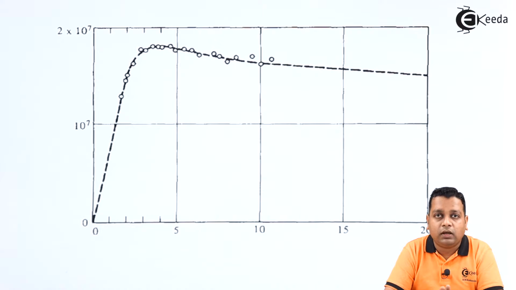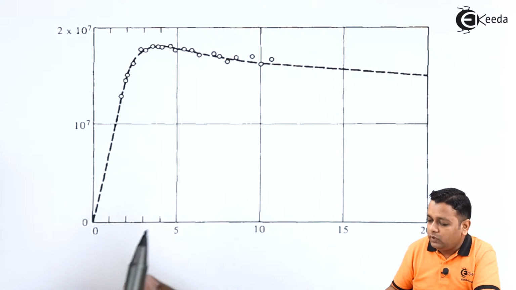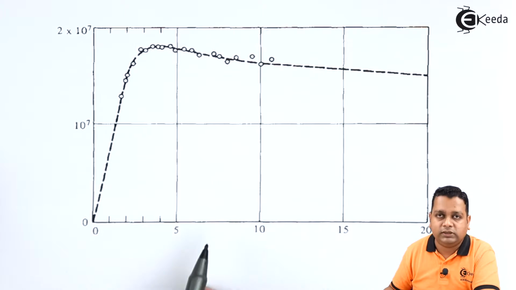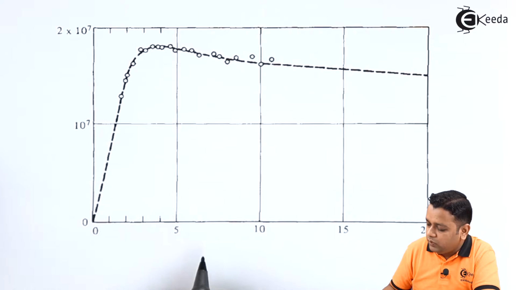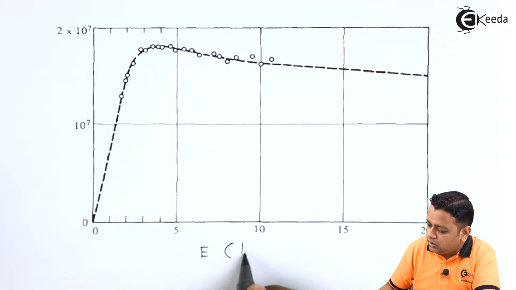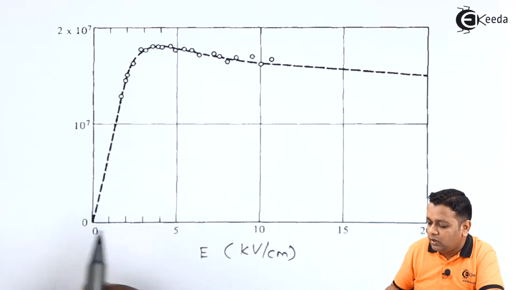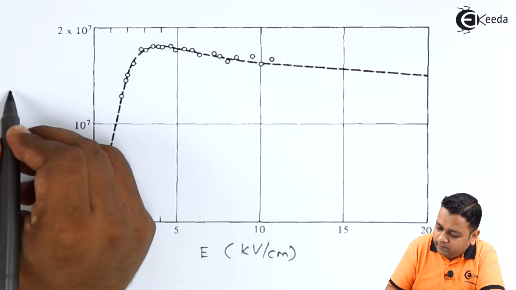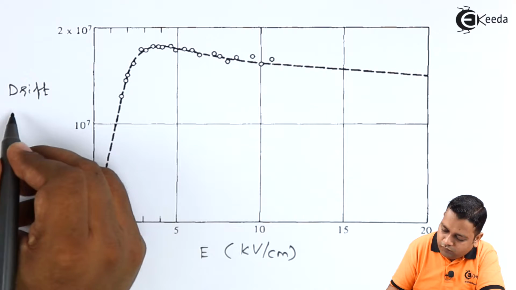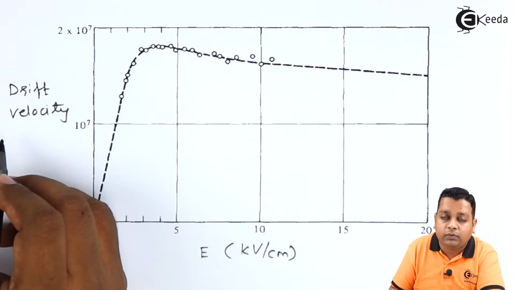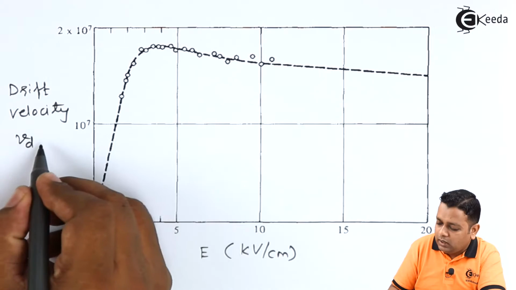Now for this discussion, we take the help of the current and the drift velocity especially. So on the horizontal axis, we take the potential here. The potential will result in the electric field. So we can represent electric field by capital E, and it can be measured in kilovolts per centimeter. Basically, when we talk about electric field, it is measured in the SI system of units in terms of volts per meter. For magnetic field intensity, we use amperes per meter. Here we have kilovolts per centimeter, and on this particular axis, we take the drift velocity. Drift velocity we can denote V suffix D here,